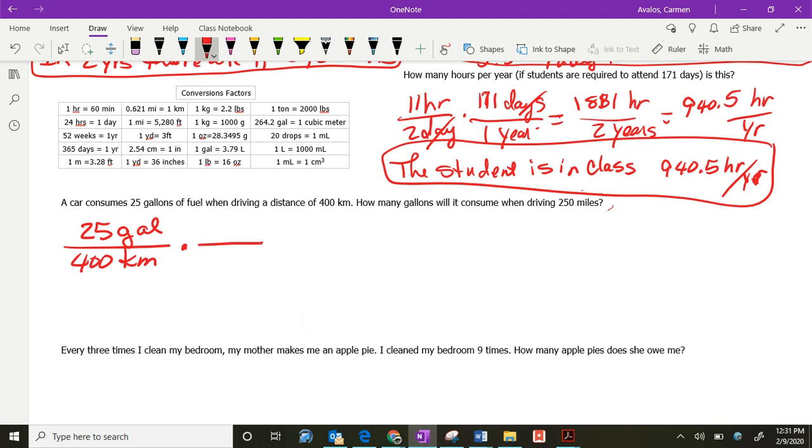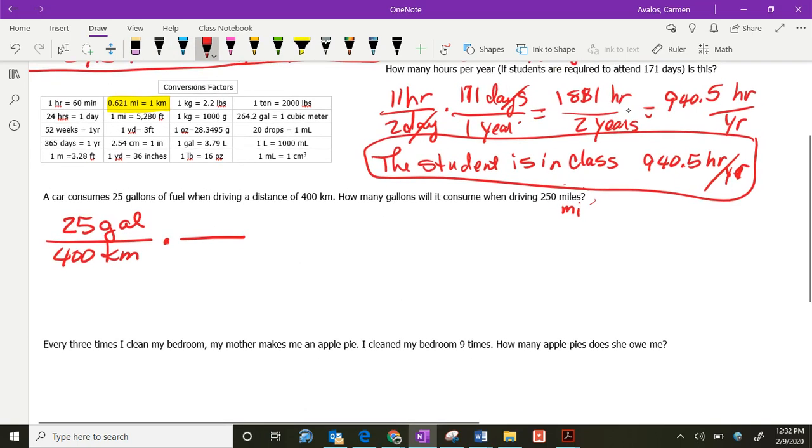So that means I am going to change. The gallons are going to stay the same. So I'm going to leave the gallons alone, and I'm just going to change the kilometers. So here's the conversion factors on there. And so I know that MI for miles, it's not M, it's meters. Miles stands for MI, is going to be this part right here. Oops, I'm sorry, I highlighted the wrong thing. It is this one right there. So it is about a little bit more than half a mile in 1 kilometer. So when we continue with this, we're going to change kilometers is going to be up here. So it's 1 kilometer, and down here is going to be the miles, and I'm going to put 621 miles